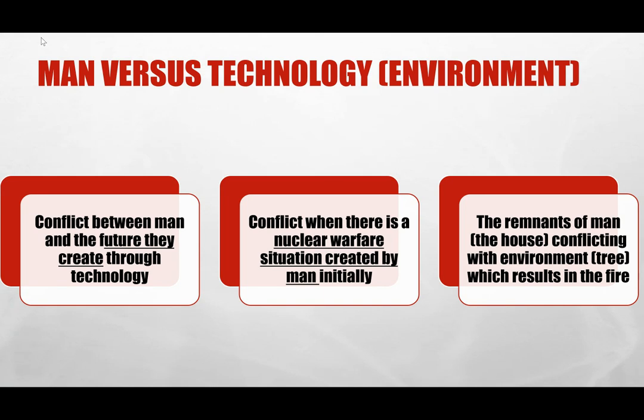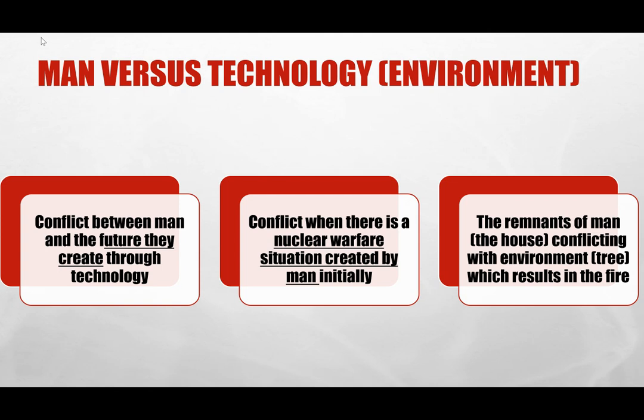This is another one that I don't know if we'll get to touch on so much: the remnants of man, which is in theory the house, conflicting with the environment, which is the tree, which results in the fire. I'm going to look at that in a different light on one of the later slides, so don't get too wound up in your head about that. The simplest way to think about man versus technology as a conflict in our text is